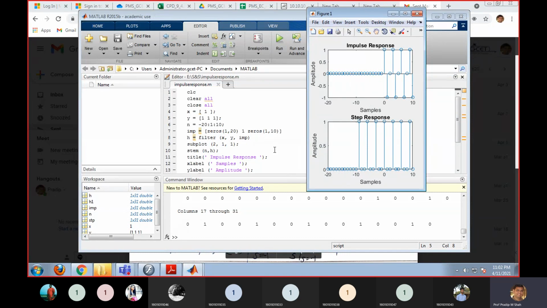So that's it from my end. If you have any doubt, any question, you can raise or you can ask. I tried to explain using the theory part as well as the MATLAB part. I would like to ask whether this impulse and step response is completed in the theory or not. If it is completed, then it will be a better idea. Or you can also solve theoretically. It is done or not?